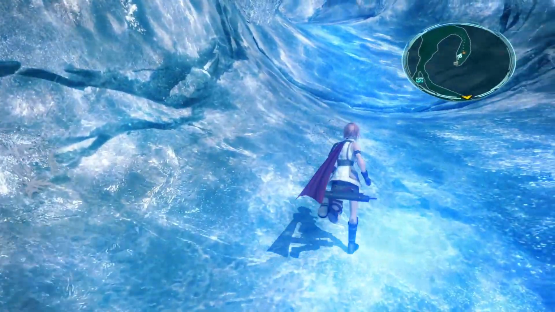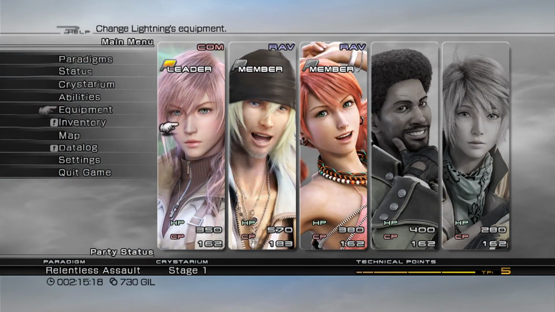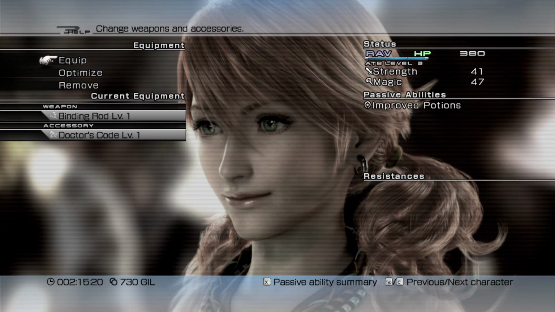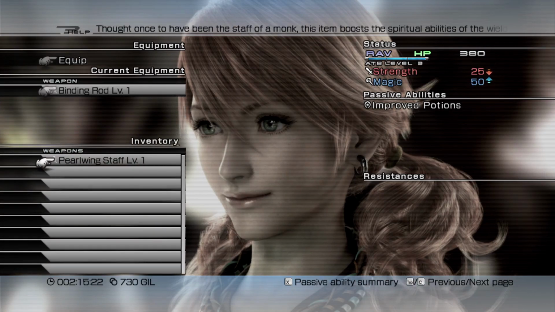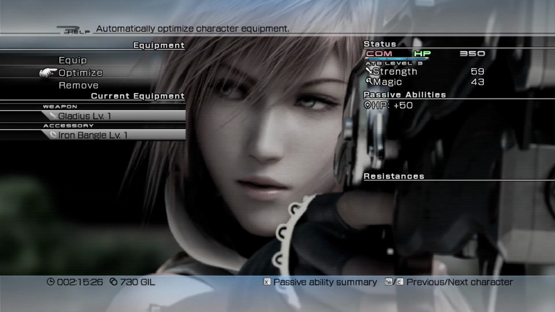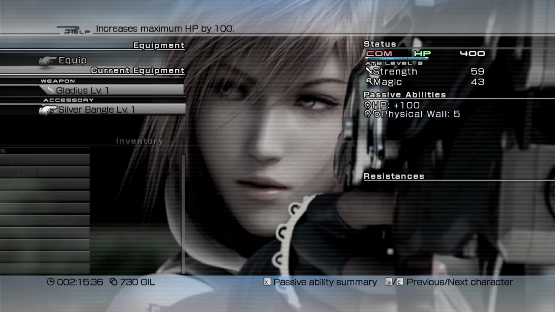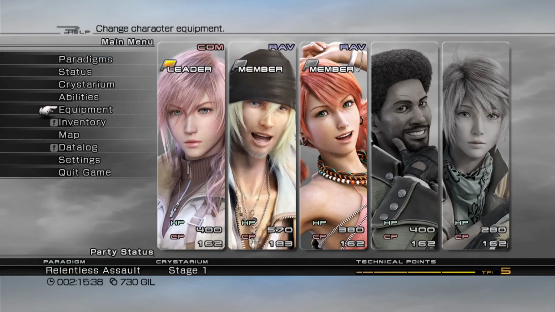Silver Bangle. Actually, that reminds me, I want to change her equipment to the Pearl Wing Staff. And let's see what this new bangle is. I don't know. You know what? Yeah, we'll do it. I feel like that might be better with him, though, honestly, but...